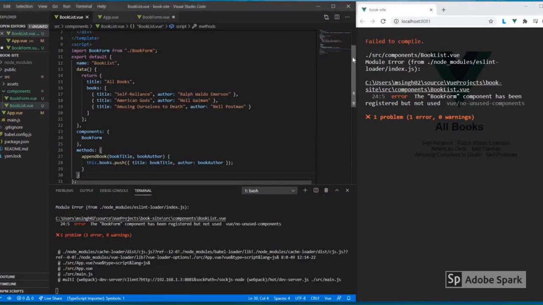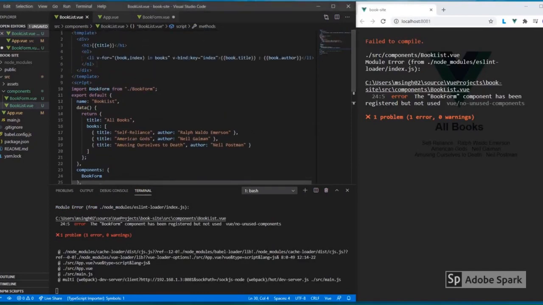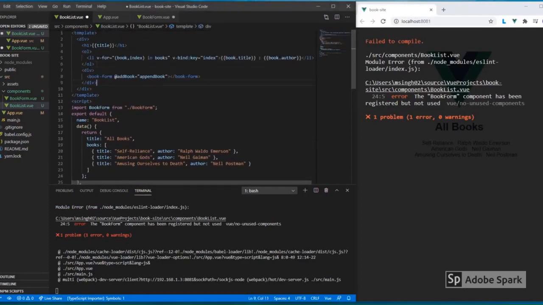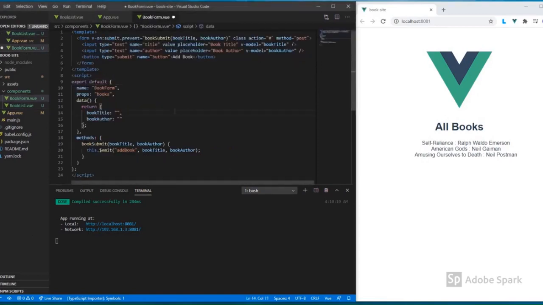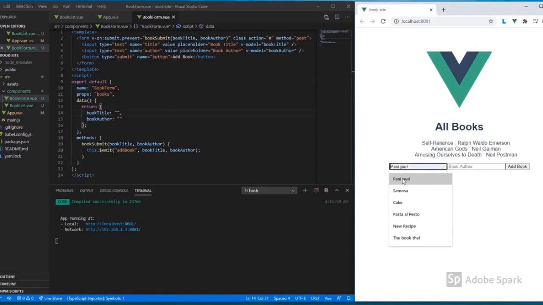And now we are going to add this component in our HTML. So now let's save BookForm, and now we can get these text boxes. We can enter a book name, author, and add book, and it's added.